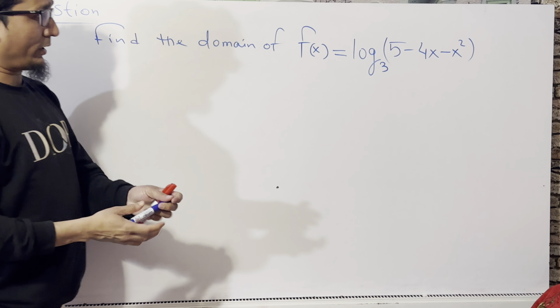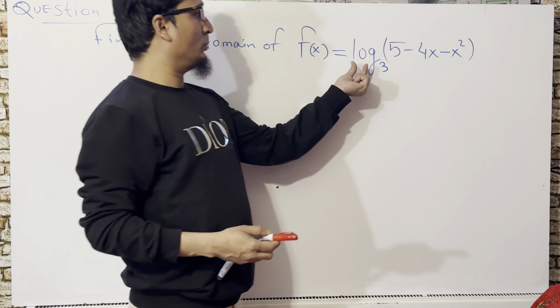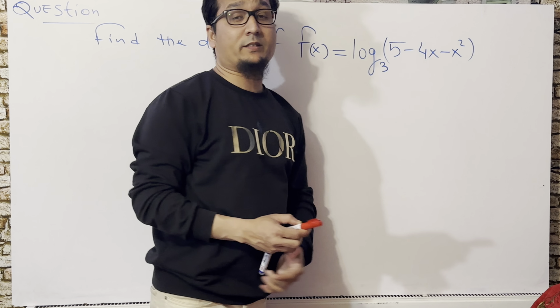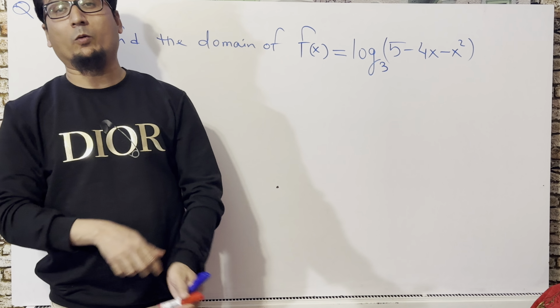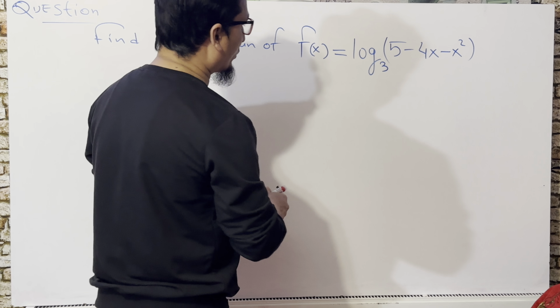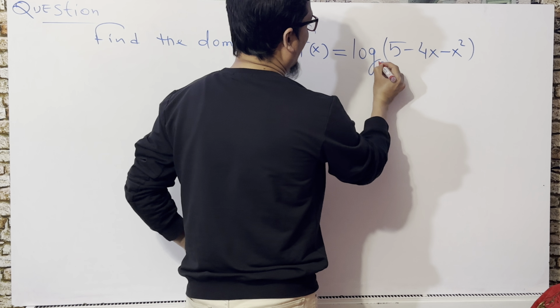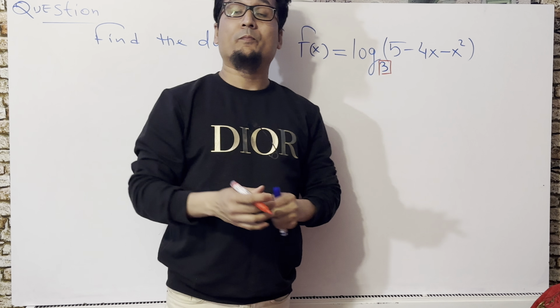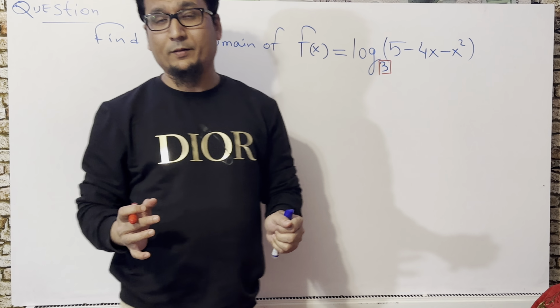This is your question, right? f(x) is equal to log base 3 of (5 minus 4x minus x square), and you have to find the domain of this given function. So how will you solve this question? First of all, you have to see the base here. The base is 3. I told you that if the base is greater than 1,